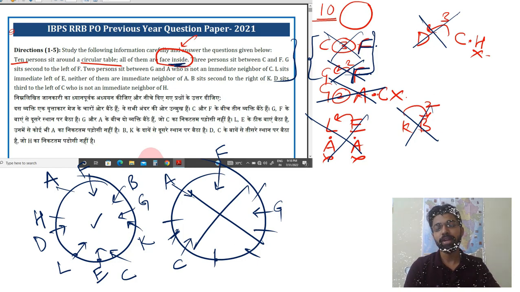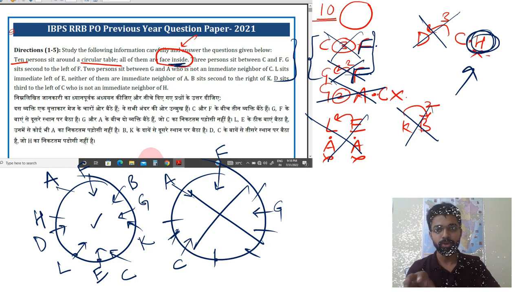The benefit of writing notations is, like in the last, if I get puzzled about which element is left, I can clearly see I haven't cut this C and H, so C is written means H is left. And in the last, if you are facing the issue that you are not able to recognize which element or which line you have not used while solving the puzzle, it will be clearly visible. My strategy is to cut the notations after using them, so at the last you will clearly see which element is left. So you can utilize this technique for solving the puzzle.